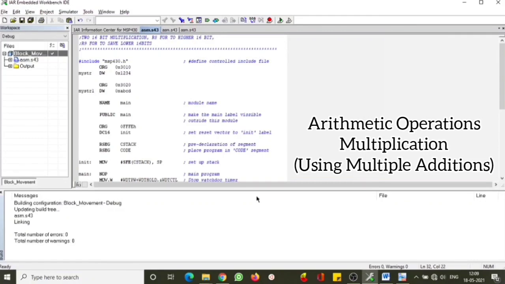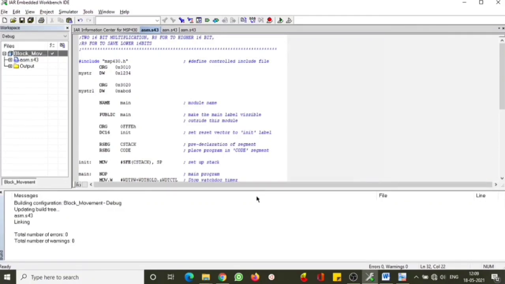Dear students, here we will continue with understanding another arithmetic operation, that is multiplication and also division. For multiplication, we do not have a proper keyword to execute it directly on this MSP430. So what we are going to do now is use the arithmetic addition operation to do the multiplication operation. As we all know, if you want to multiply two numbers, it is nothing but addition of a common number multiple times.